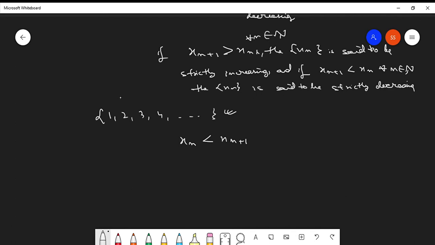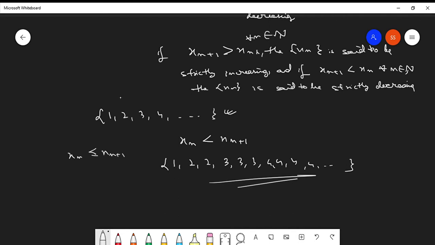For example, you have a sequence like this, let's say 1, 2 2, 3 3 3, 4 4 4 4, and so on. If you have a sequence of this particular form, then every nth element is less than or equal to the xn plus 1th element, right? 2 is equal to 2. So if this is xn plus 1, this is xn, this is equal to this, while this is greater than this. This is just a random example. Clear? This is what monotonically increasing and monotonically decreasing sequences mean. Got it?